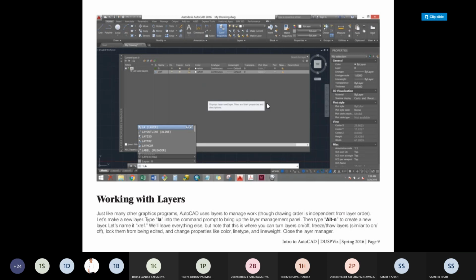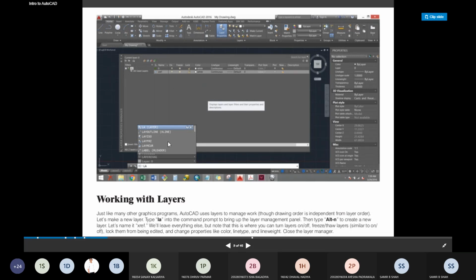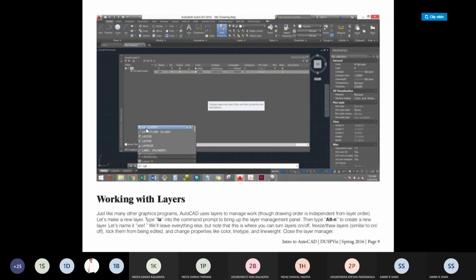If you just type only LA, it may still show you the layer. In short, either you may use Alt+N or you may directly type LA. It shows you the new layer.